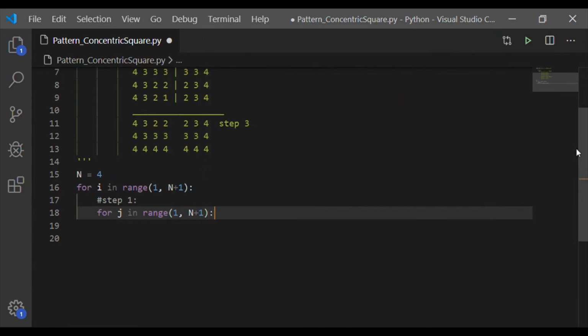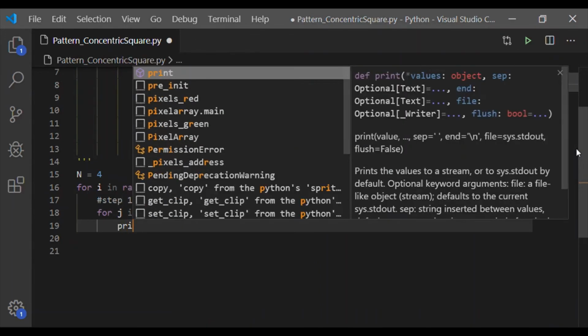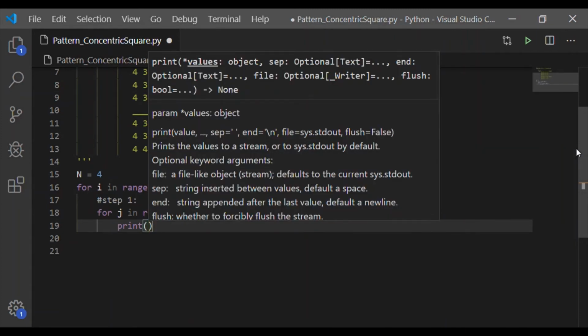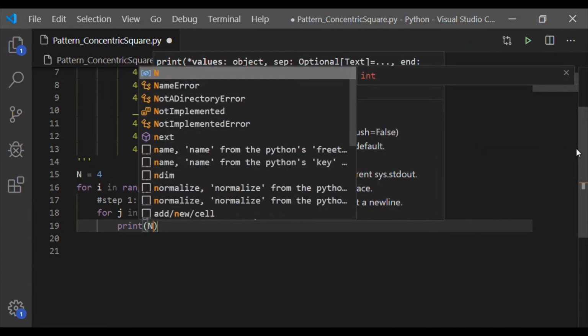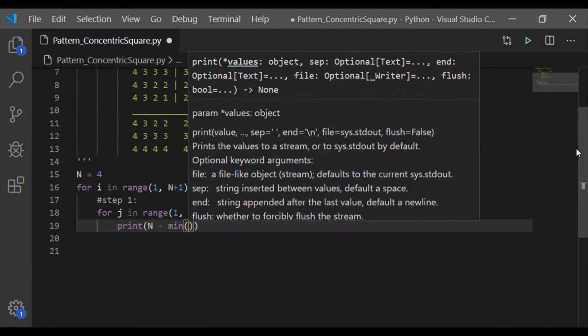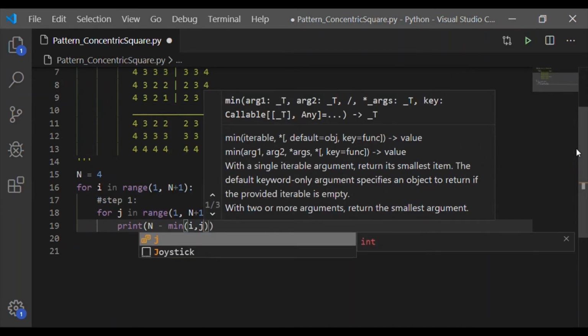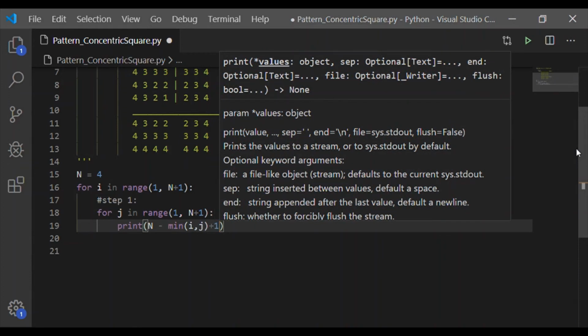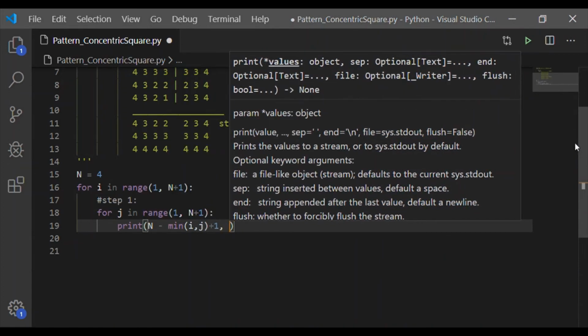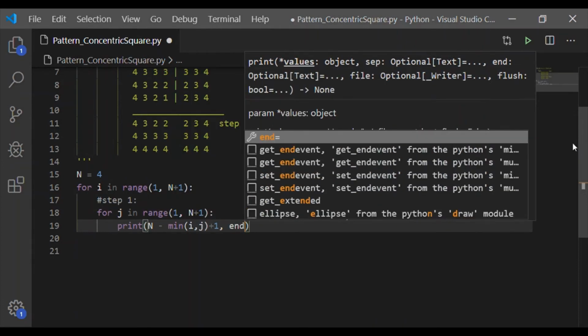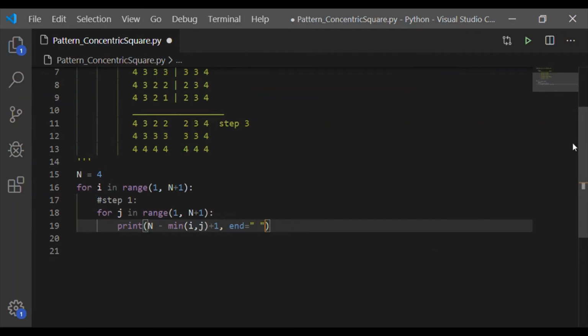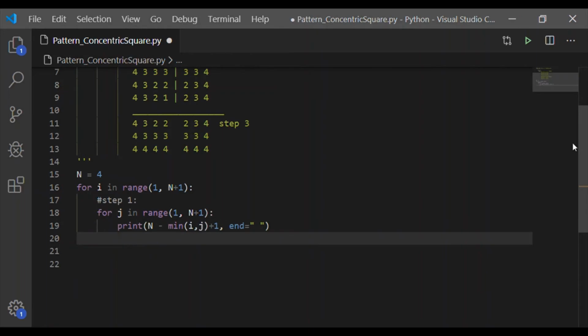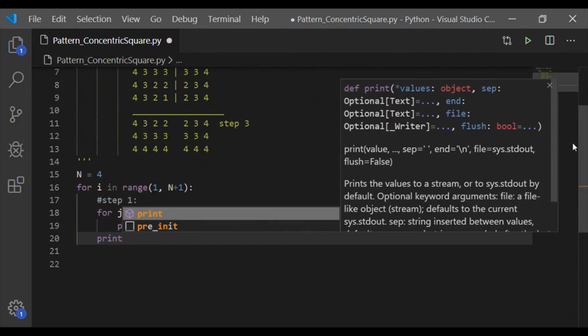Now the column value is represented by j. So let us start a for loop for j ranging from 1 to n plus 1. That means the actual value of j will be 1, 2, 3 and 4 because n represents 4. And here we will print the cell values using the formula n minus minimum of i comma j plus 1, and we will append end with a space so that it does not go to a new line.